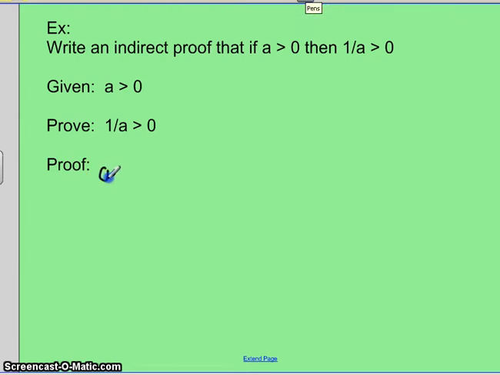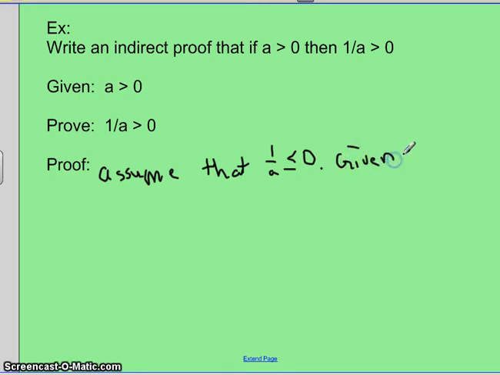We're going to assume that 1 over a, well, what are the other possibilities? Of course, it could be less than or it could be equal to 0. Okay. Let's see. So let's use the given information next. Given that a is greater than 0,